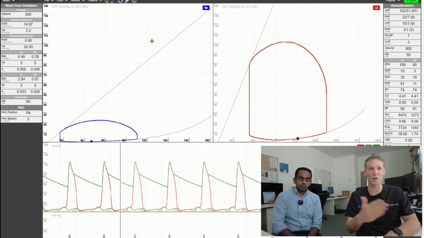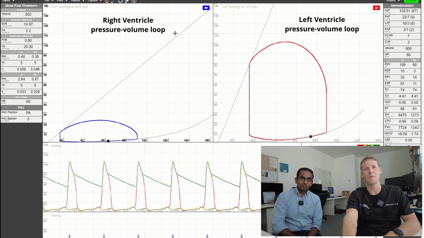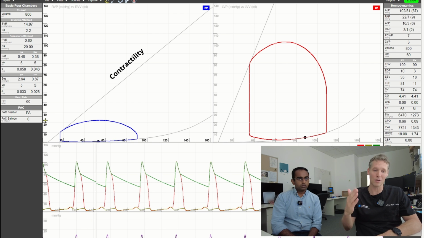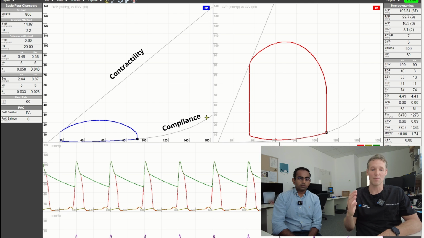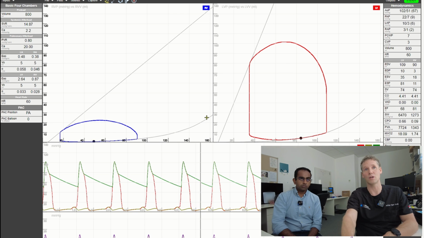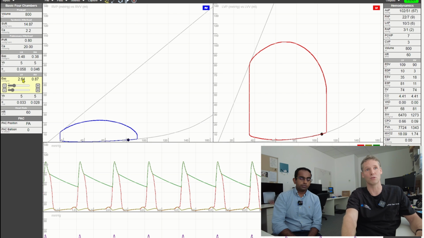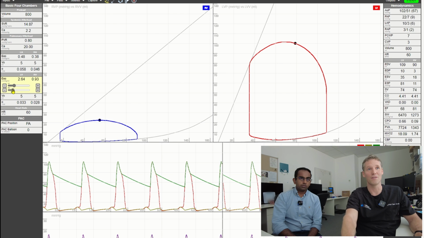What we can see here, in this top left corner, is the hemodynamic curve, or the pressure volume loop, for the patient's right ventricle, and then the left ventricle on the right side. This top line here is a marker of contractility. That's because it's the end systolic elastance curve, or the pressure volume relationship at end systole. This curve at the bottom is the pressure volume relationship at end diastole, and is a marker of compliance. When you have a heart attack, you start to impair your right ventricle elastance, or the right ventricle marker of contractility. So what I'm going to do here is reduce this right ventricle marker of contractility,